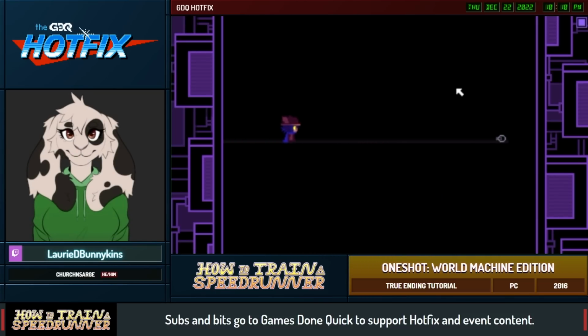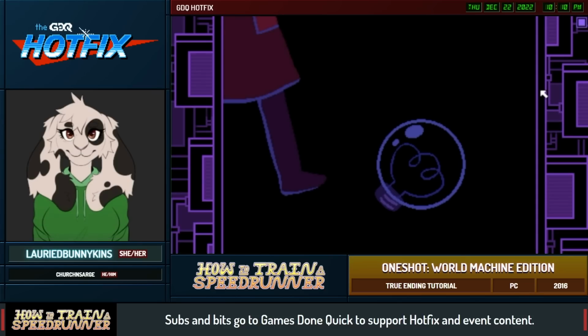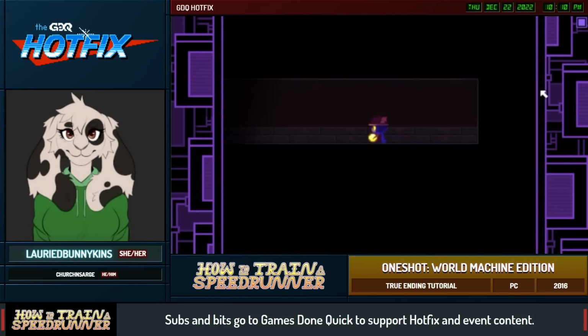We're going to be picking up this light bulb, which is, in the context of the world, our goal is to return the sun to the world, and this is the sun. I'm not going to get too much into the lore during this tutorial because,